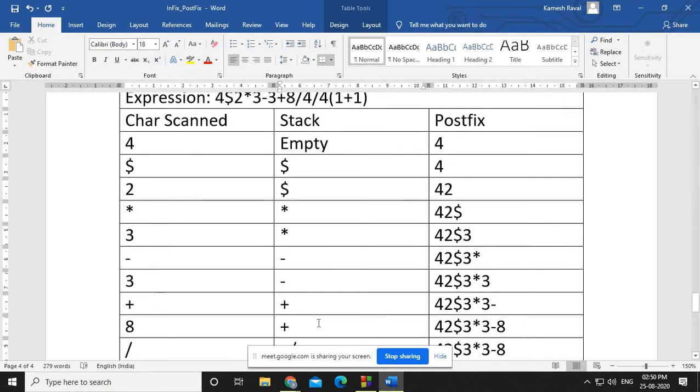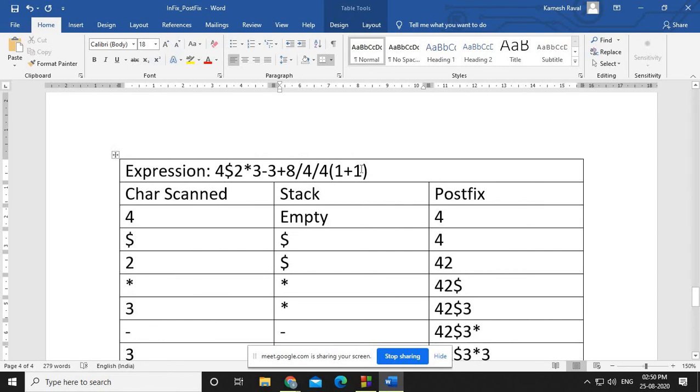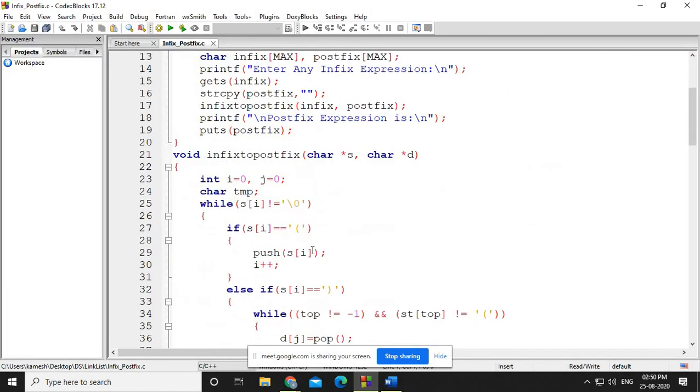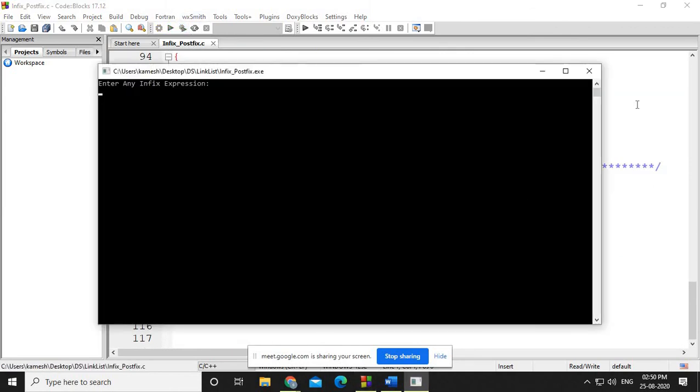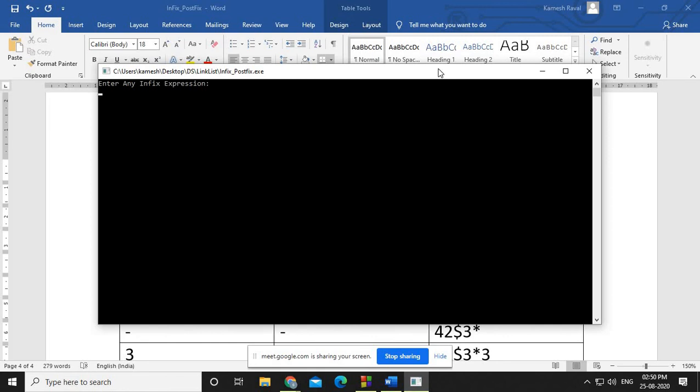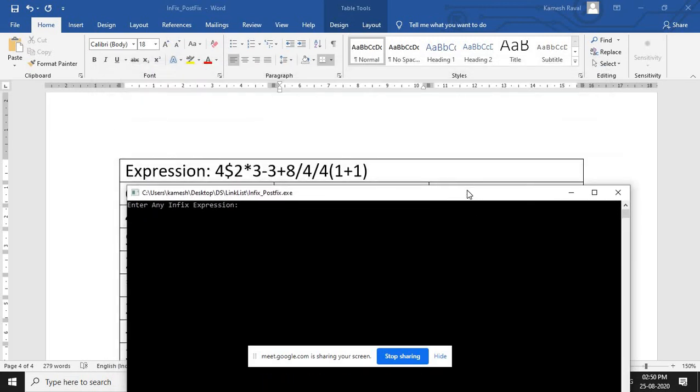Let's suppose you want to see this programmatically. So this is your program, and we'll just verify what the expression is. So we have 4, then dollar, then 2, then 3 minus 3 plus 8, then divided by 4 again.